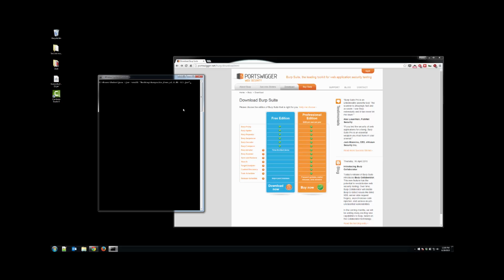and there we go. So java -jar -Xmx2g, and you can give it anywhere up to 4 gigabytes of memory, whatever you can afford to spare on your computer. But I would recommend the minimum being 2 gigs. So if I press enter now,